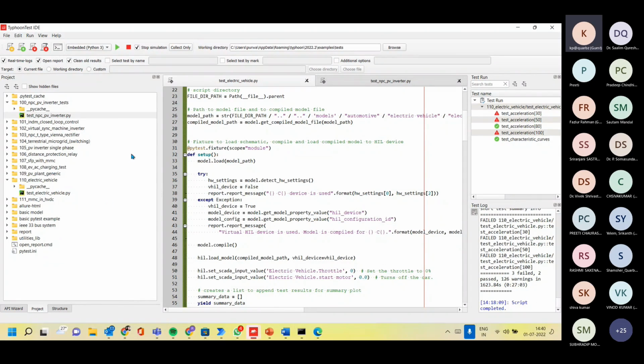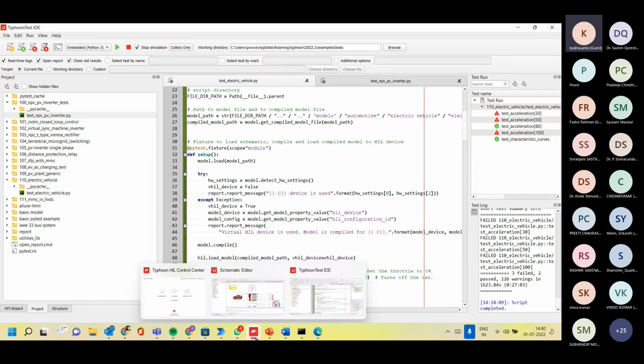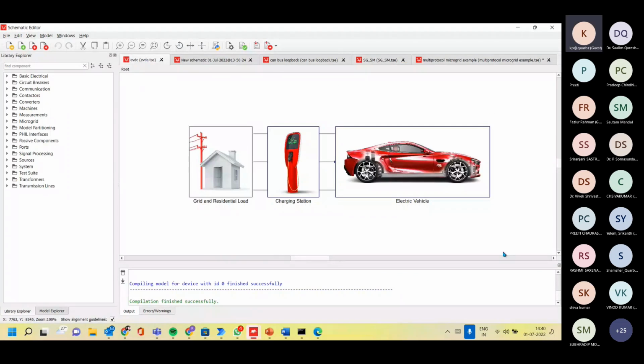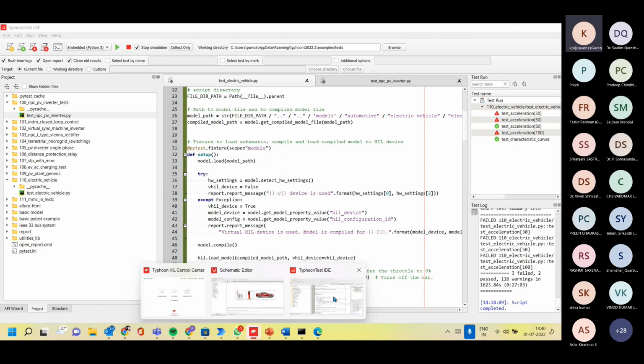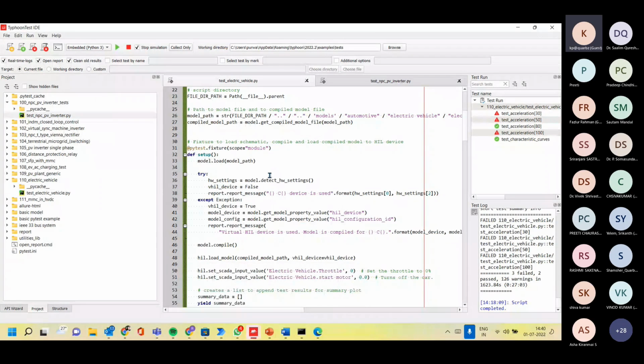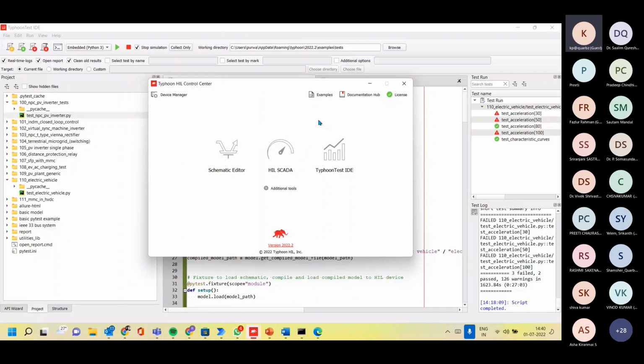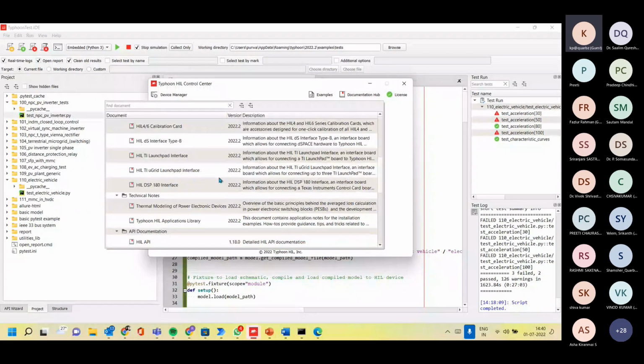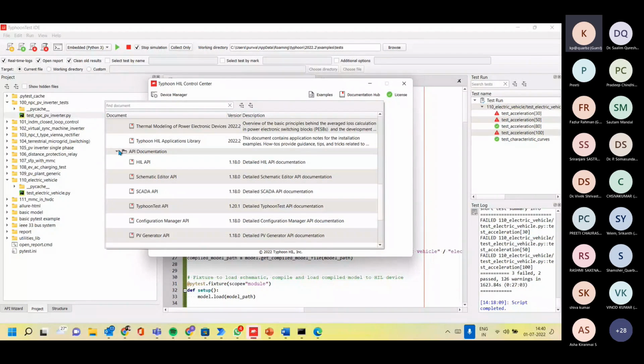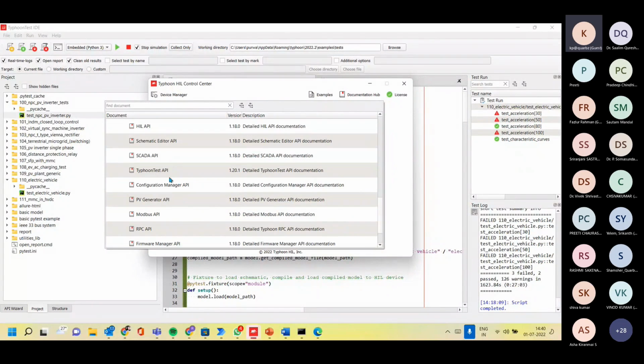For that model which you have seen in the morning, run in the real-time simulation, this is the same model which we have gone through. The test which I'm showing is for this particular model. Here they have tested for different speeds. First they have imported the libraries, the particular library which we require from the Typhoon HIL API. You need not worry that you have to learn a whole course. Go to the documentation hub, and inside the API documentation you will find the HIL API, schematic API, SCADA API,